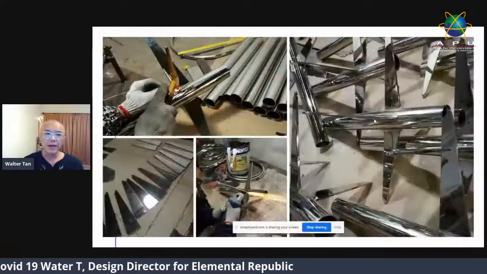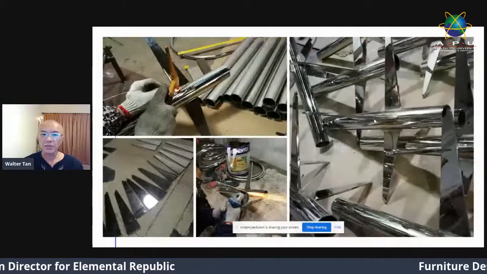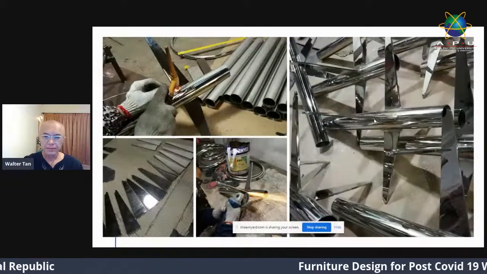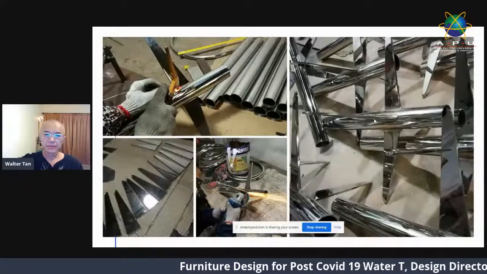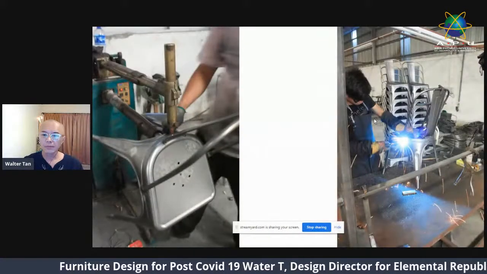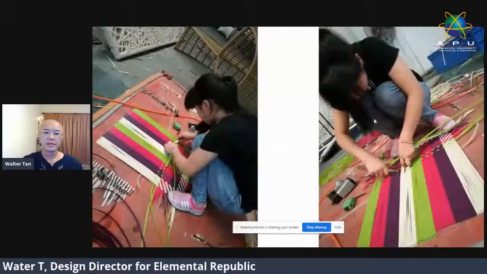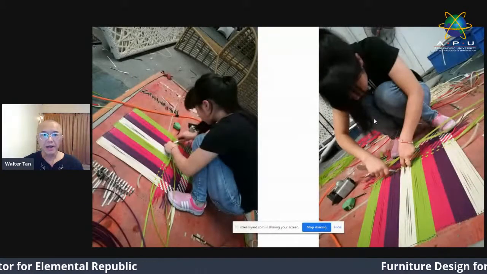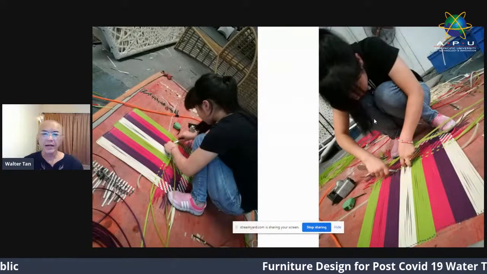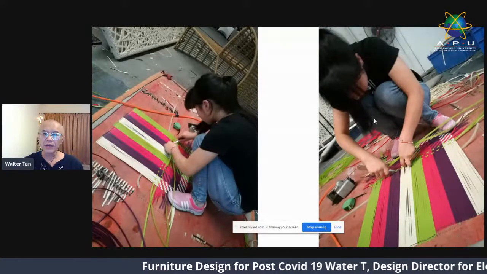So this is actually stainless steel welding. Okay, spot welding, TIG welding. Okay, this is actually wicker, PE wicker. This is actually